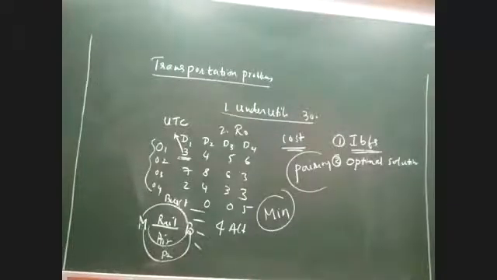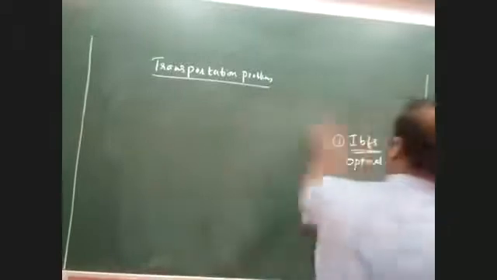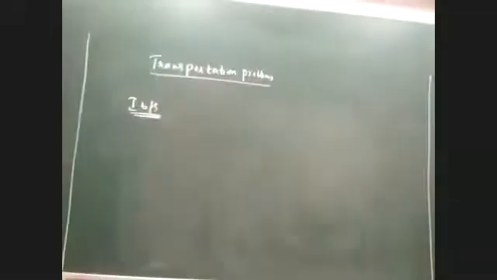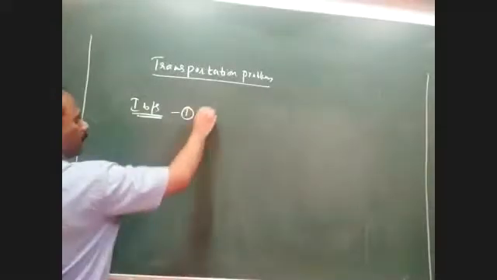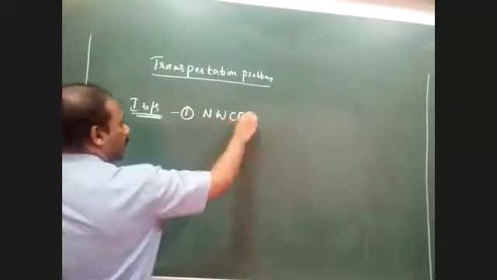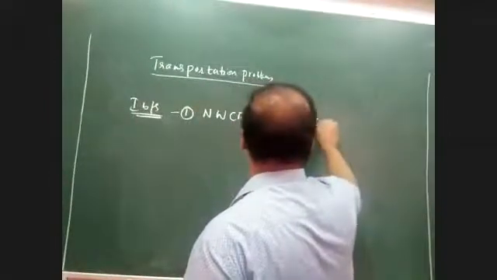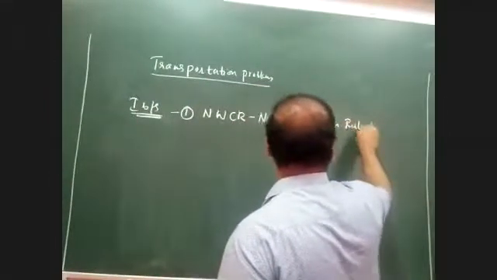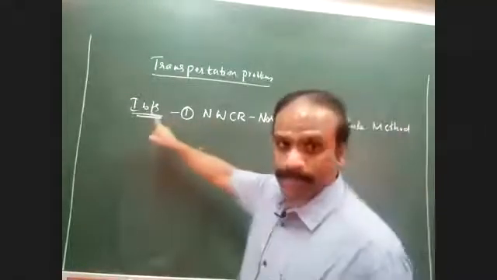Okay, fine. Now let us take up the first type of solution, which is called the initial basic feasible solution. The initial basic feasible solution can be found by three different methods. The first method is called NWCR, which stands for Northwest Corner Rule Method. This is the first method we have, which is used to calculate IBFS.